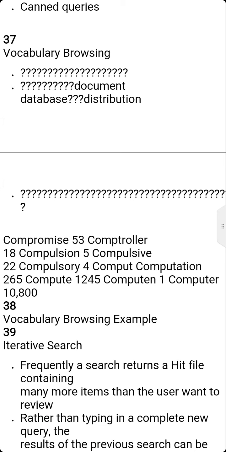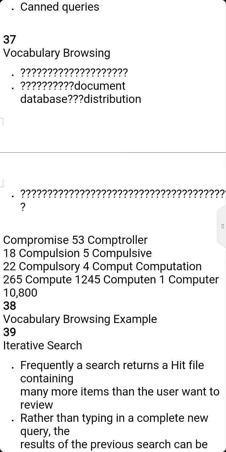The system indicates what word fragment the user entered and then displays alphabetically other words found in the database in a collating sequence on either side of the entered term. It is going to check what term is entered and what the alphabetical neighbors are, on the right side and left side. So vocabulary browse provides information on exact words in the database.